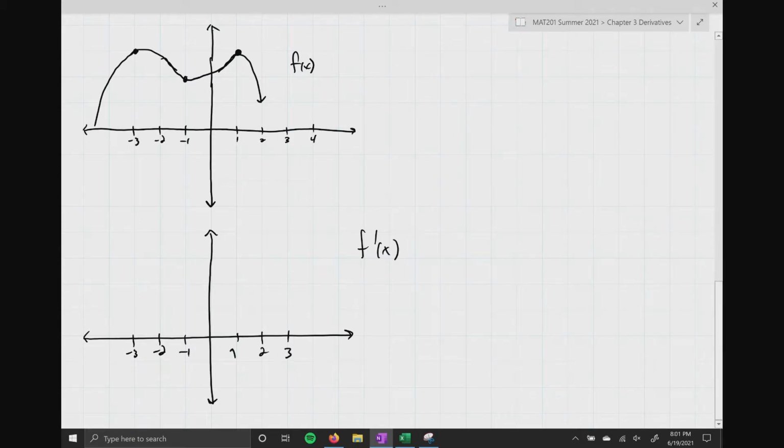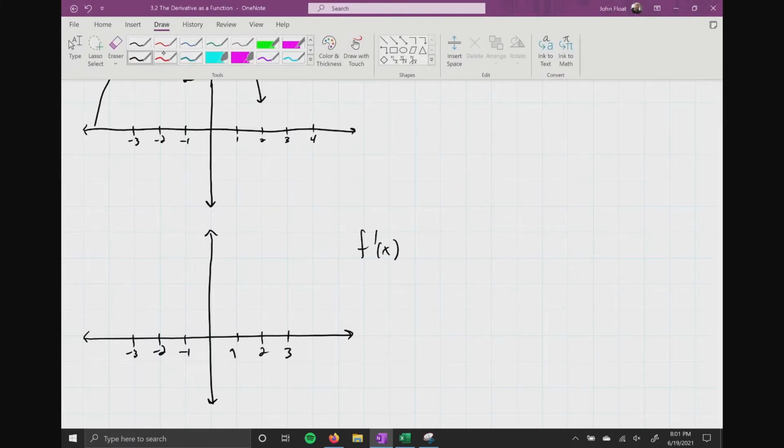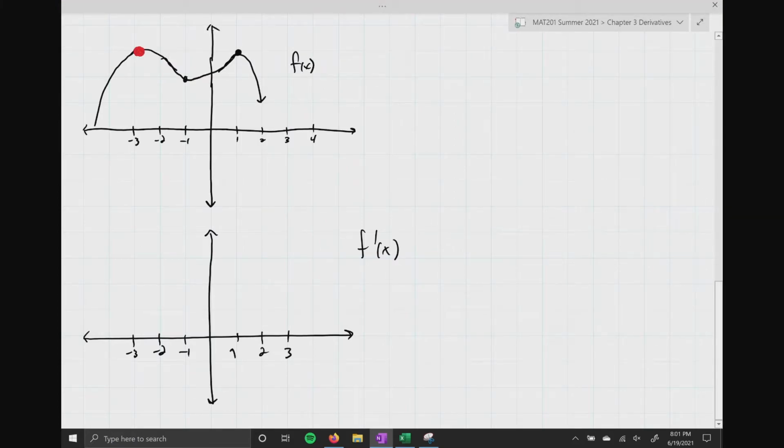So there are three very special points on our graph. Right here, and right here. Okay? Now, what makes those points so special is the slope of our tangent line at each one of these points right here is horizontal, which means the derivative has to equal 0. So let me write that down. So at f of negative 3, let me just write this. At x equals negative 3, negative 1, positive 1,